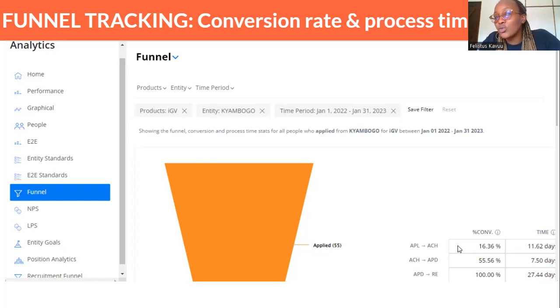So this is when you decide to focus on, okay, for my LCVPs, this is what I will mostly be looking into. And as you can see, the process time for that is also much, much bigger, because typically applied to accepted, the process time should not be more than 3 days. 3 days, 72 hours is the maximum process time from applied to accepted by host.